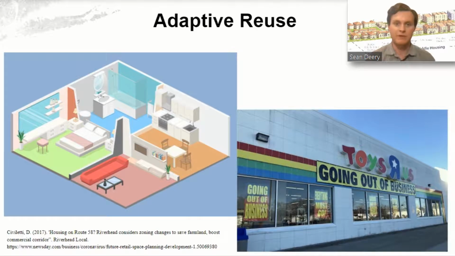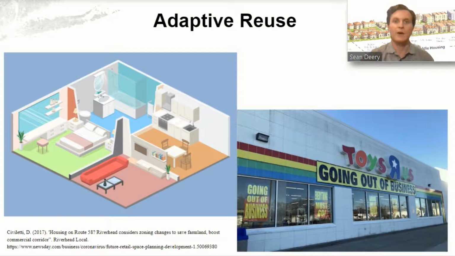Route 58 in Riverhead is one of the best examples of the outdated forms of retailing, focusing decades of development on destination retail such as Kmart and Toys R Us, which have largely been destroyed by online shopping. Riverhead Town Supervisor Yvette Aguilar is proposing an overlay district that would allow big box stores on Route 58 to participate in a transfer of development rights program for adaptive reuse for multifamily housing.